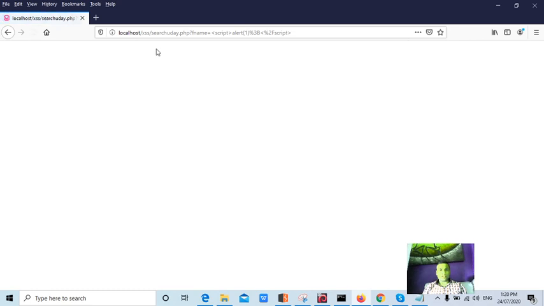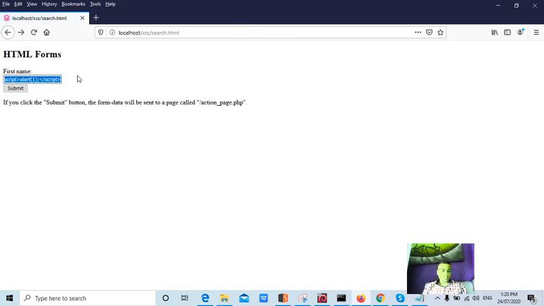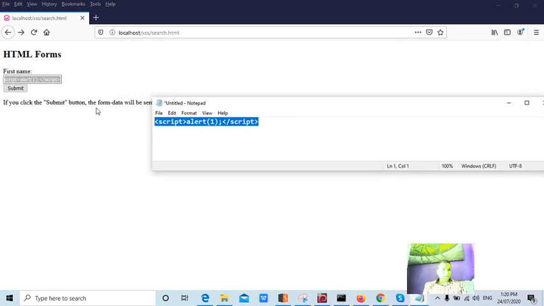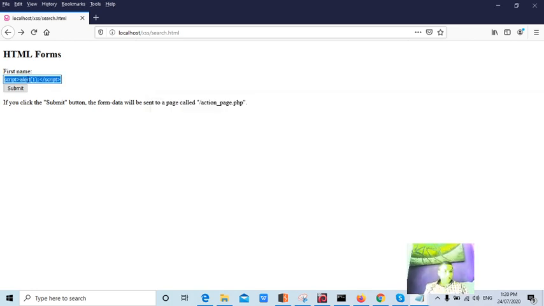So now the script is executed earlier, but the thing is some websites search for script tags within the HTML request, and if they find the script tags, they'll convert them to HTML entities as we discussed earlier, so the scripts will not be executed, or else they will completely block the request if they come across the script word kind of thing. So in such scenarios, instead of executing some JavaScript tags, you need to execute some basic HTML tags. For example, I will show you one example.